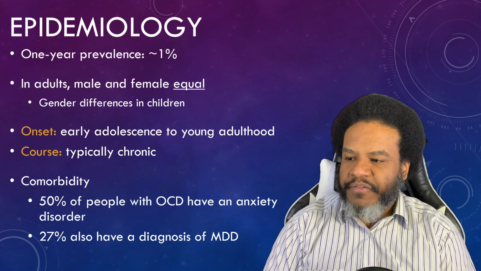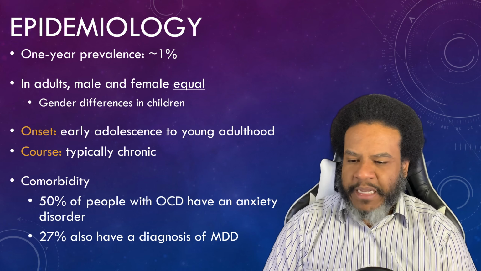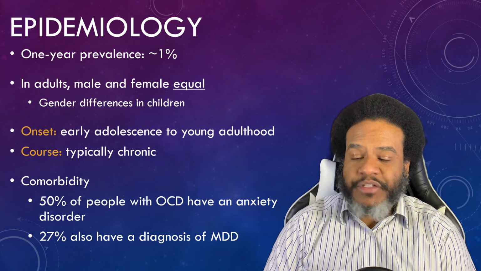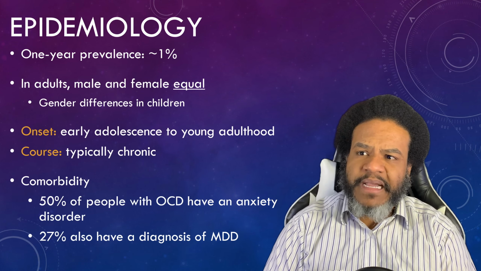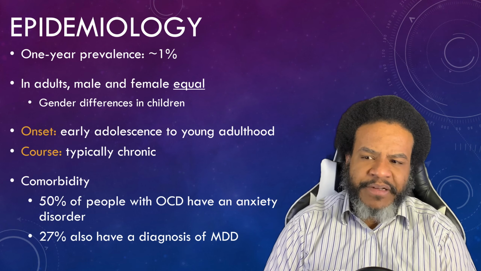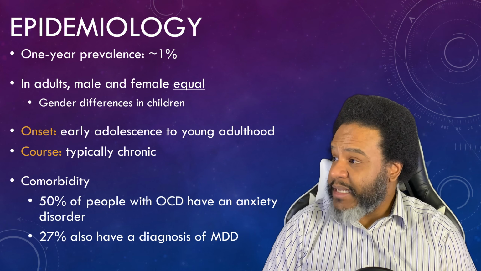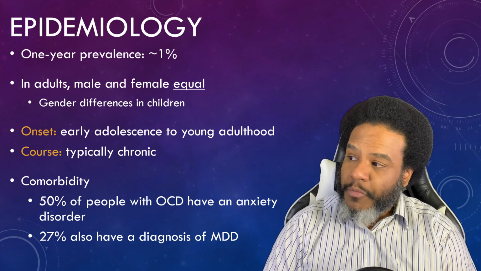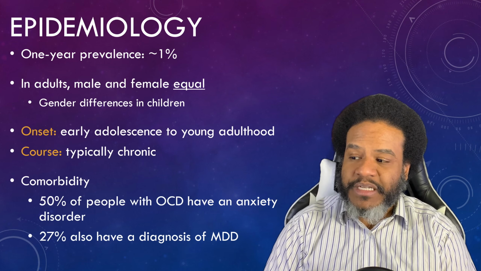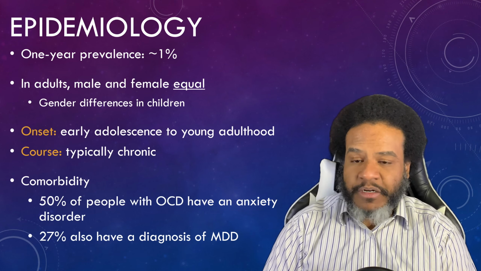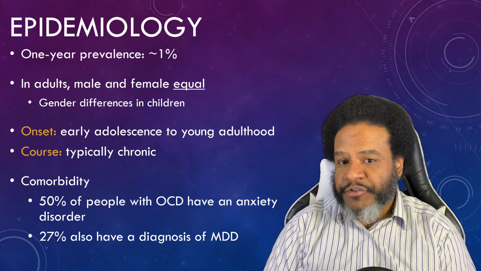The course of OCD goes through like the symptoms start small, they're very gradual, and then they reach the level of diagnostic criteria. So over one's lifetime, symptoms might wax and wane, becoming particularly evident during stressful situations. When we look at epidemiology here, we see that there's a 1-year prevalence, about 1% of the population. For comorbidity, about 50% of people with OCD have an anxiety disorder. And then with OCD, we see that about 20% also have a diagnosis of major depressive disorder.